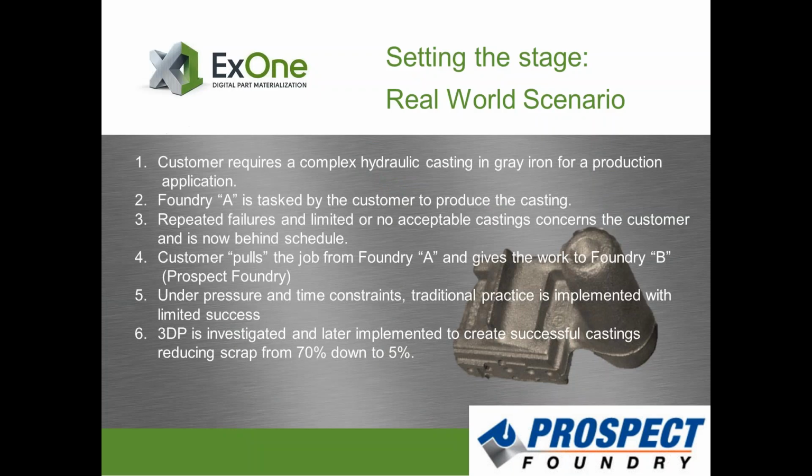And to set the stage here, I'd like to talk about a real-world scenario with our customer, Prospect Foundry. If we roll back probably a good 3 years or so, there was a customer that was looking to produce a gray iron casting of a hydraulic spool, and it had some pretty complex internal features in it. So the customer contracted the foundry to produce the casting for them, and unfortunately, after repeated failures and limited or no acceptable castings, the customer is obviously a big concern now, and